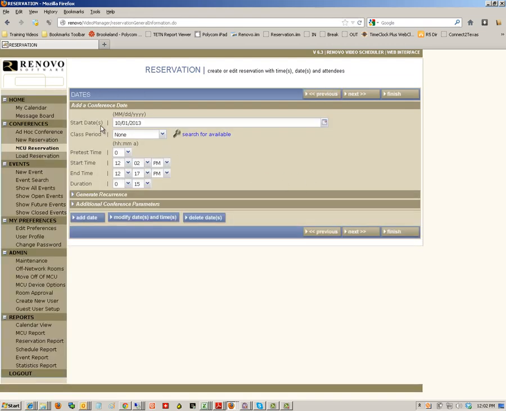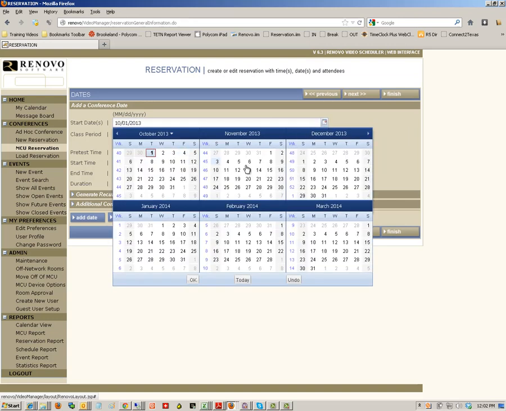And here's where you can put in the start date for the event. Here is a little calendar option. So if you click on the calendar option, it's really handy that it does show you a 6-month time frame, so you don't have to click the arrows one month at a time. So for this particular event, let's say we want to start it on October 29th, and you have to click